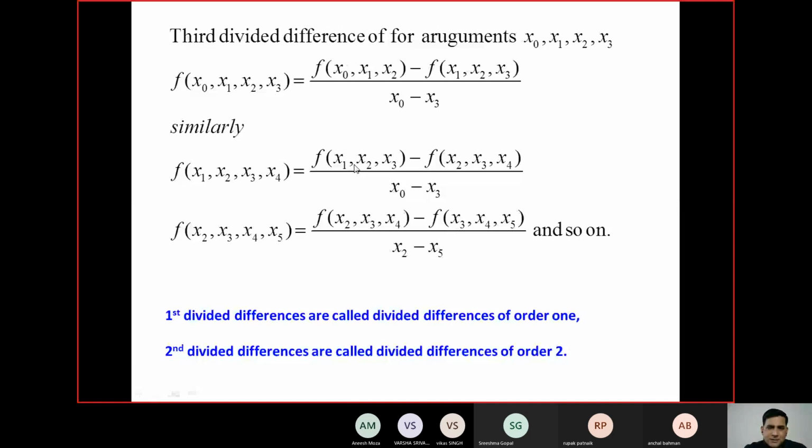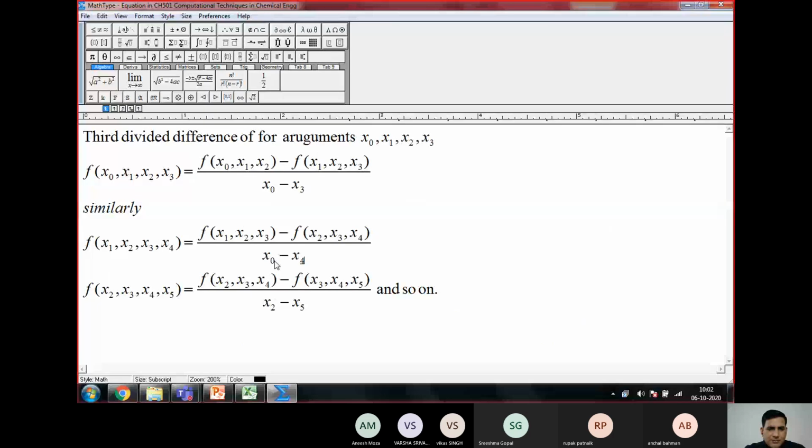So the second equation, the denominator should be x1 minus x4. 8 minutes, let's see. Here this one. Yeah, correct. Yeah, I got the point. So these columns happen when you type something, and it should start from x1, right? Yes, sir. Thank you.